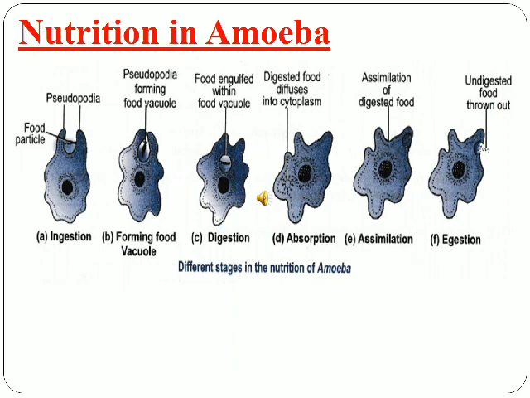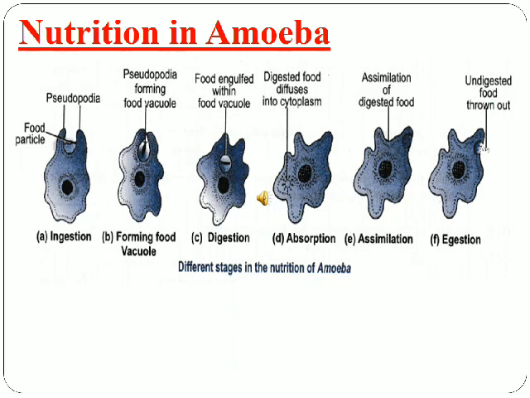The third step is absorption. Once the digestion is completed, the digested food present in the food vacuole is directly absorbed into the cytoplasm. As it is a single cell, the food vacuole sends the food material to be taken up by the cytoplasm. Now the fourth step is assimilation. The digested food, once absorbed by the cytoplasm, is stored and utilized for growth and development, and also for the release of energy.